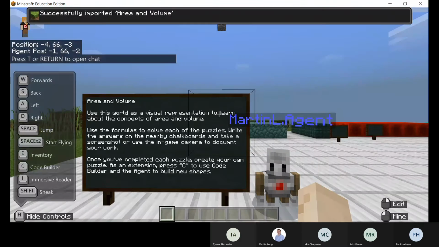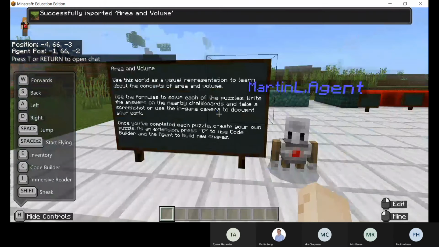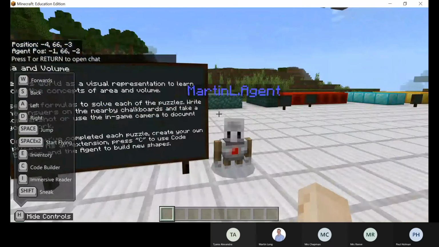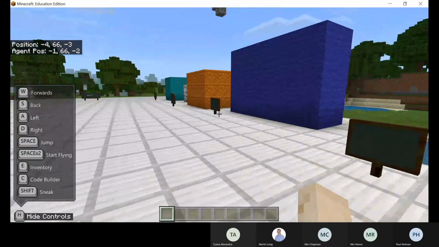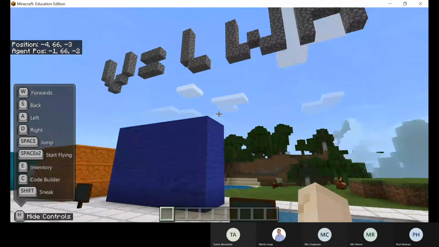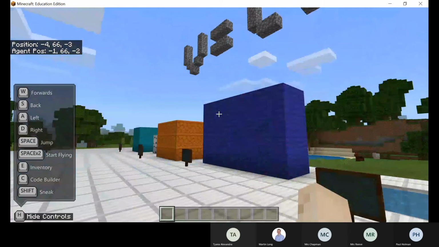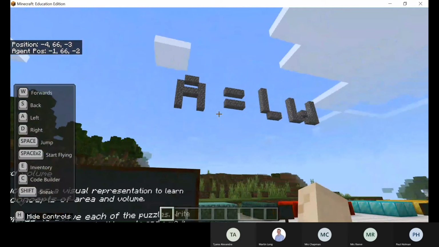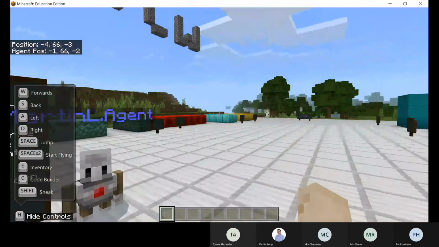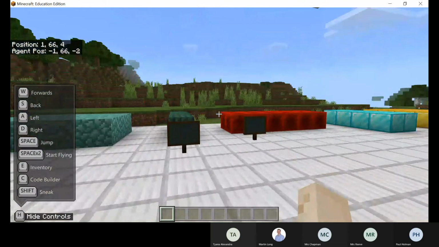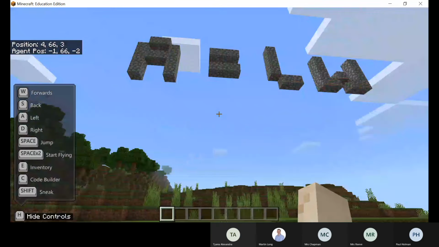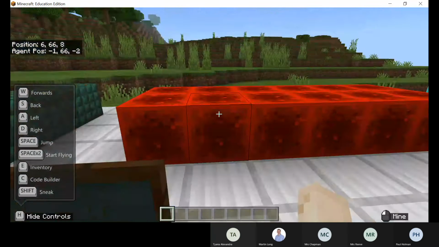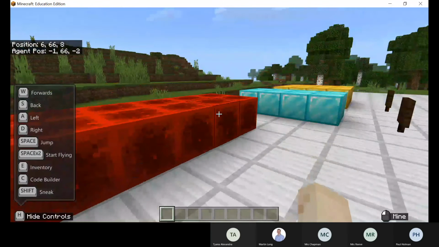So here we are, we've got my agent, I've got a notice board to tell me what I'm going to do. And over here, I've got a bot that could build my code for me, build my volume or my area for me. So this side, I've got volume. So I've got volume equals length times width times height. Over here, I've got area equals length times width. And someone's put those blocks up in the air by scaffolding underneath and then taking scaffolding away. And what I could go over here is I could work out by using the calculation that's above me, area equals length times width. Let's go to this one, it's probably a better example. Okay, so I'm 2 blocks by 1, 2, 3, 4, 5, 6 blocks.